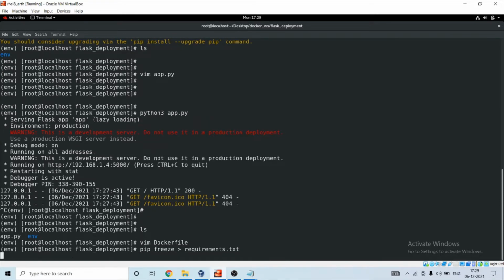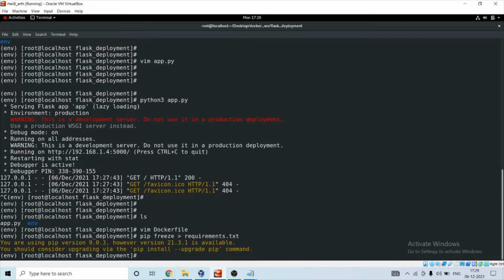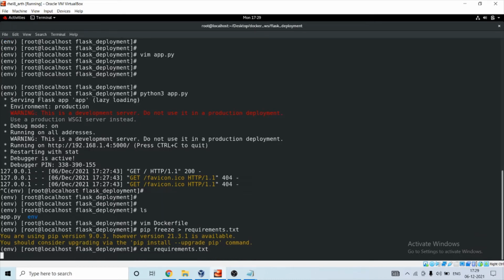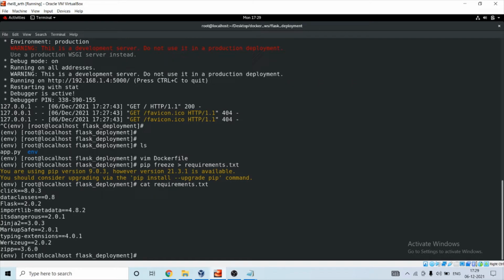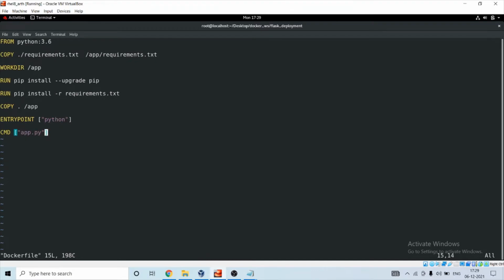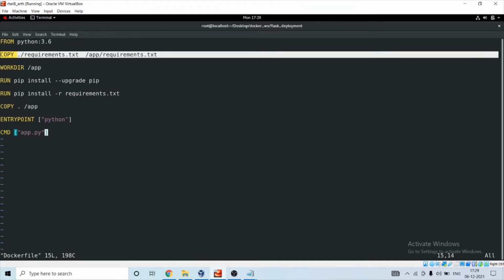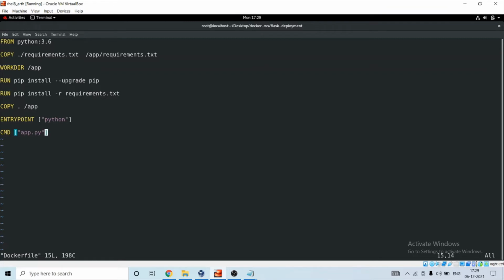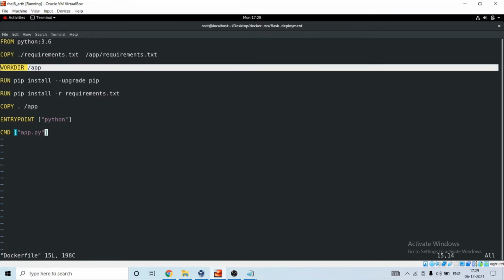Whatever libraries you have installed in this virtual environment, it will create a file requirements.txt and store the versions of the libraries installed. So let me show you. First it will copy requirements.txt inside the /app directory. Then it will set the working directory as /app.